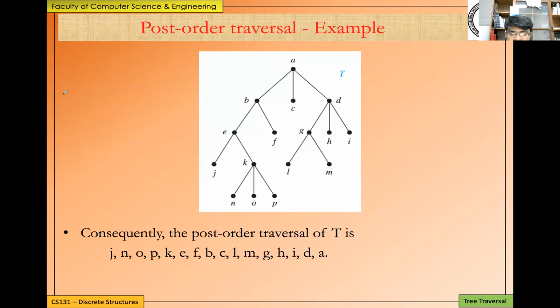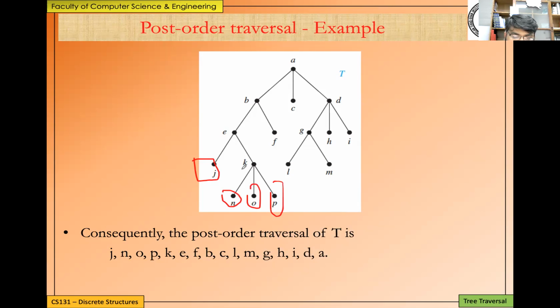So let's take an example here. On the same tree, if you use a post order traversal, you first go to this side, right? So first B is going to be visited, then C, then D, and then A. In case of B, again, E is going to be visited first, then F, and then B. And in case of E, J is going to be visited first, then K, and so on. So for K, of course, K will not be visited alone. Instead, N, O, P, and K will be visited. So in this case, the order is going to be J, N, O, P,